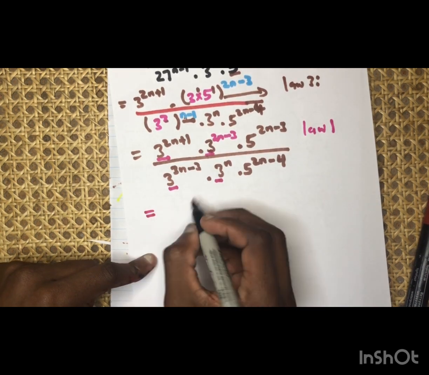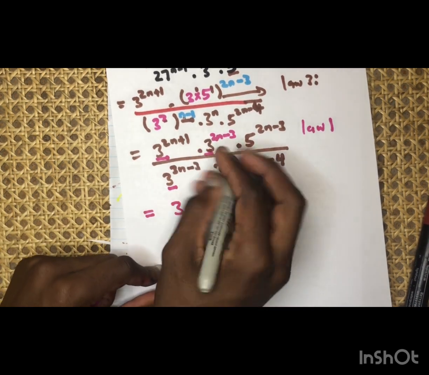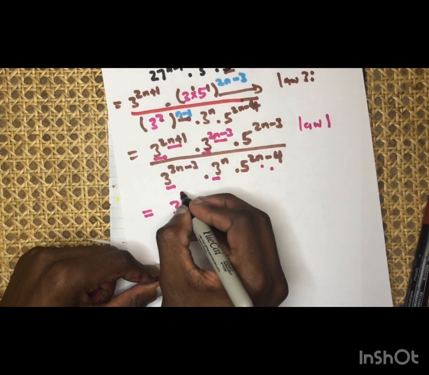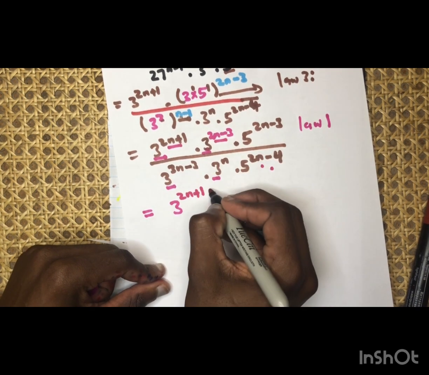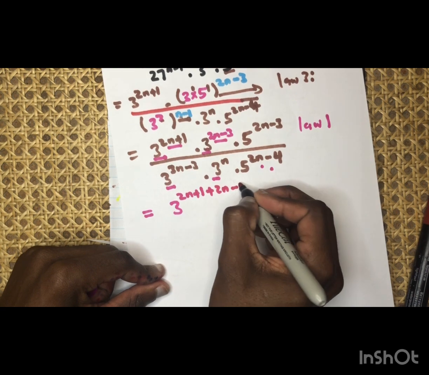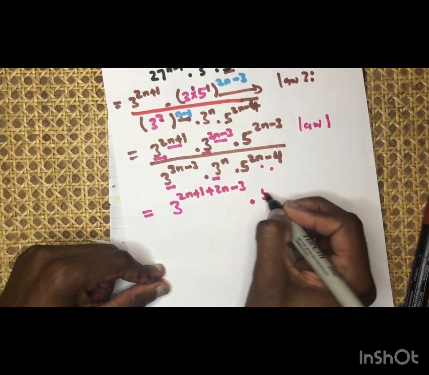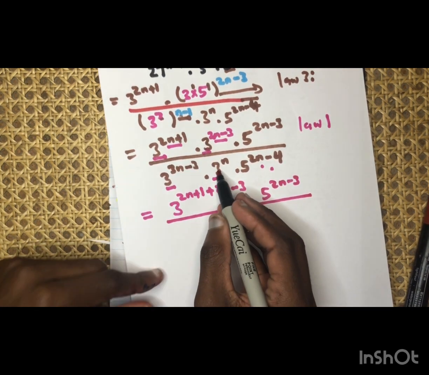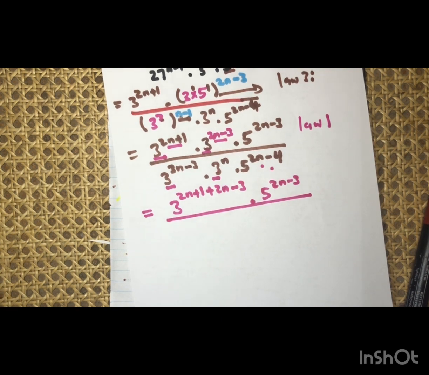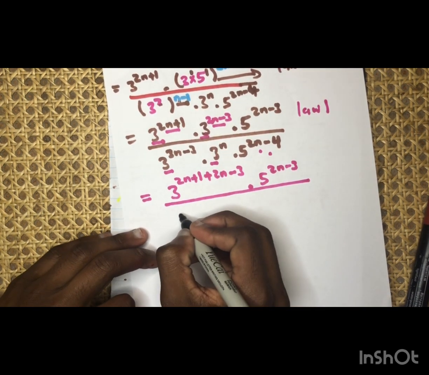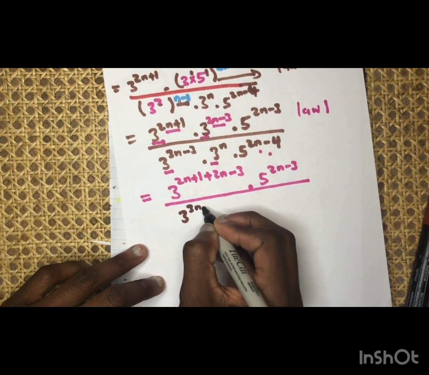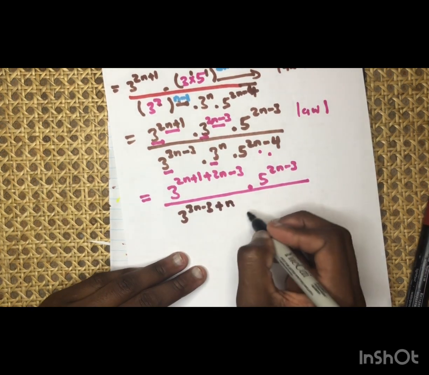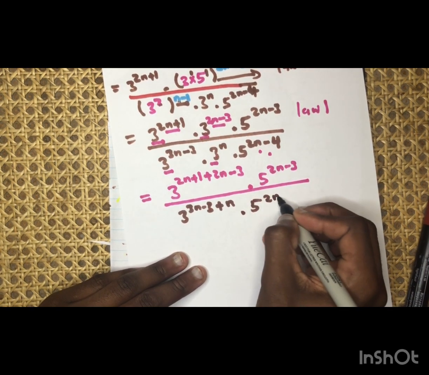So I just want to make it easy for you so that you can see. The bases are the same. Here I'm going to take one base and add the exponent. So I'm going to focus here. I have 2n plus 1 plus 2n minus 3 times this 5, guys, 2n minus 3 over. Now can you see that the bases are the same? So I'm going to take one base and add the exponent. So it's going to be 3 to 3n minus 3 plus n, hope you are good, times 5 to 2n